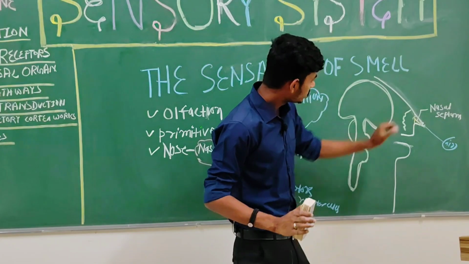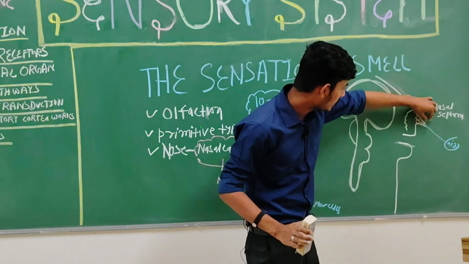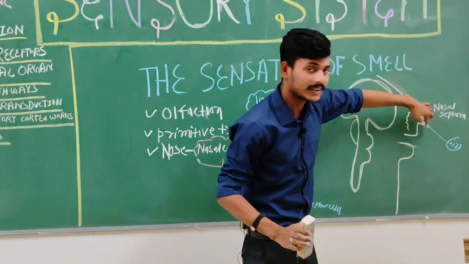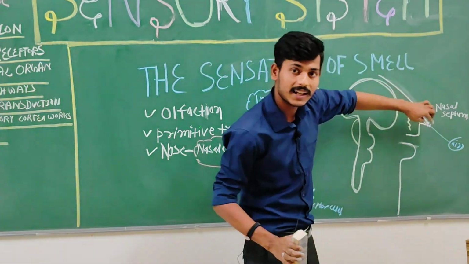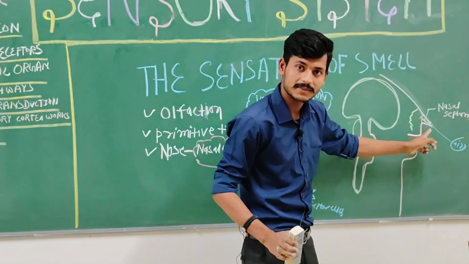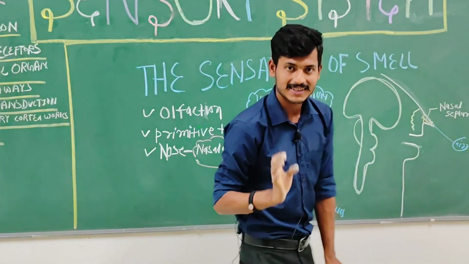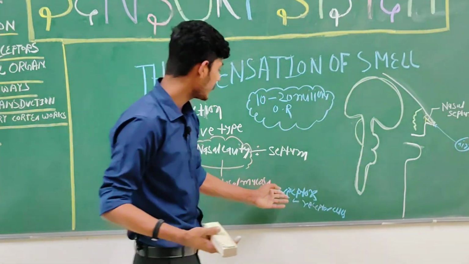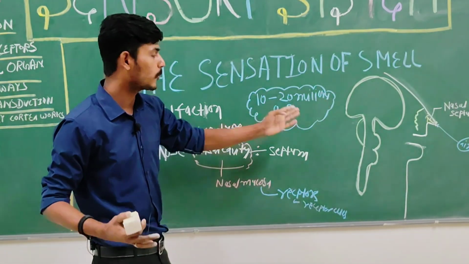Now come to this diagram. The nose has the nostrils, right nostril and left nostril, and they have the cavities, which are divided by the septum. Right nasal cavity and left nasal cavity. This is lined by the mucous membrane, or mucosal epithelium. These epithelia carry specialized cells called olfactory receptor cells, which bear the olfactory receptors. Their number is in the millions. How much? 10 to 12 million.